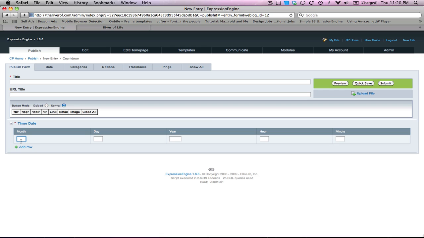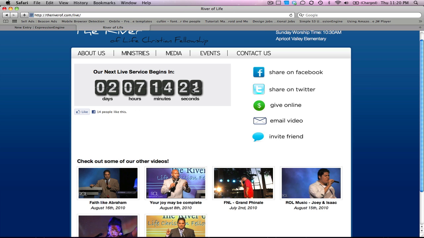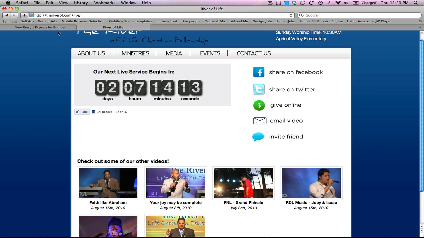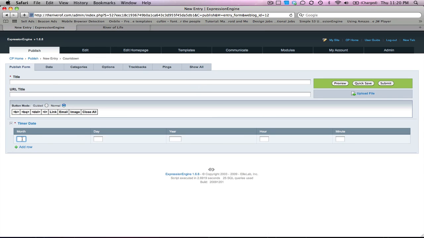Okay, so you can even go in there if you want to and put multiple ones and then have them expire. So let me show you what I'm talking about. We've already got one set up for Sunday. So let's say I want to do a couple in advance. I'm going to do the next Sunday, which, let's see, the 5th, so that'll be the 12th. I want to get it ready to go. I'm going to do September the 12th, all numbers, 12, 2010,